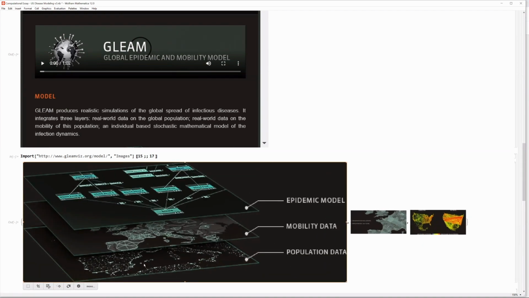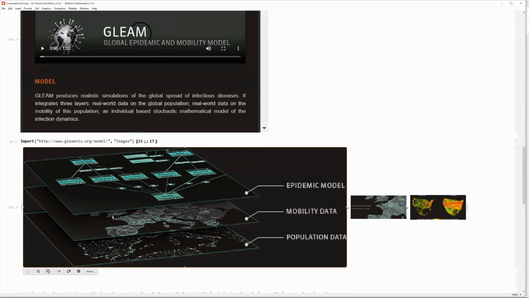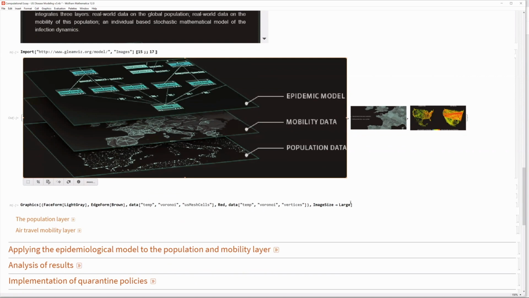This one has a representation of Europe. We'll use the United States. Then we'll have a mobility data network on top of it, in which we will focus exclusively on air travel. We left the commuting network aside to make the model simpler. And then the epidemic model will be based on Anton's packages. So what we did first is build this network of